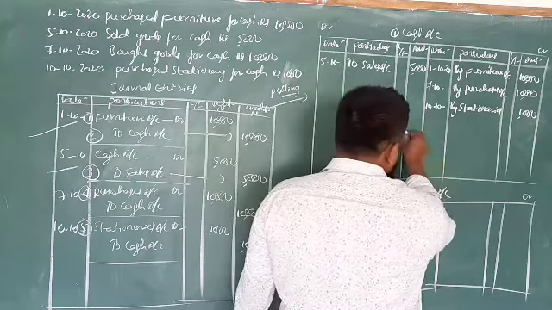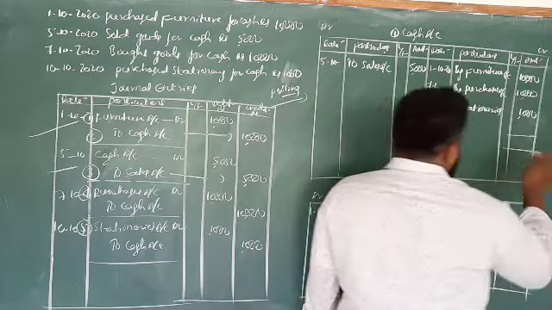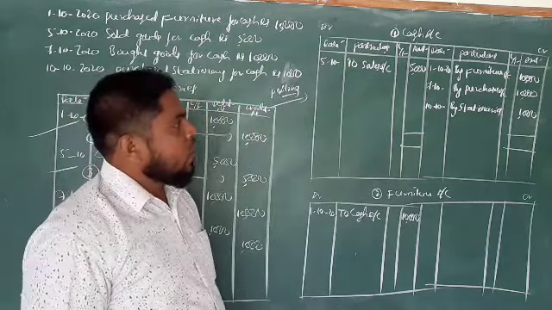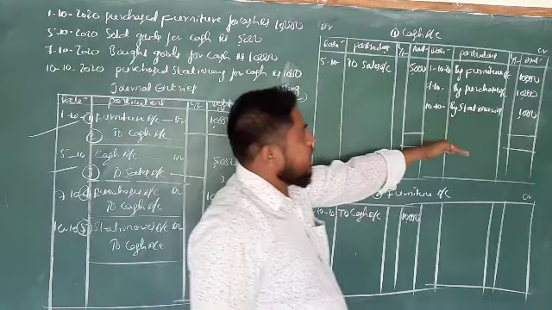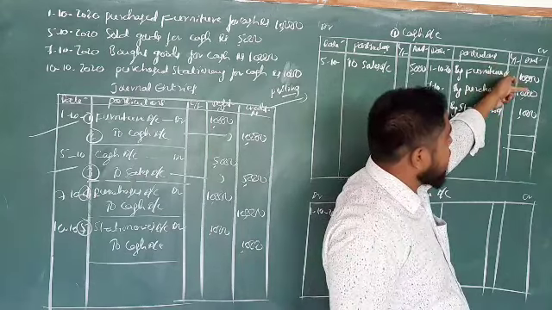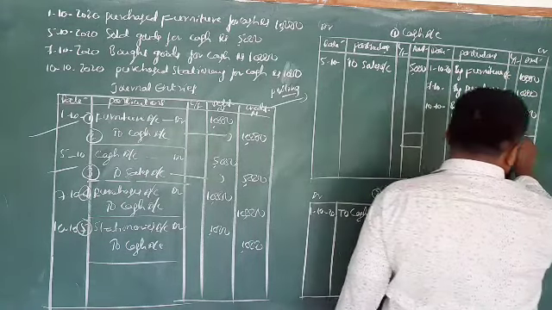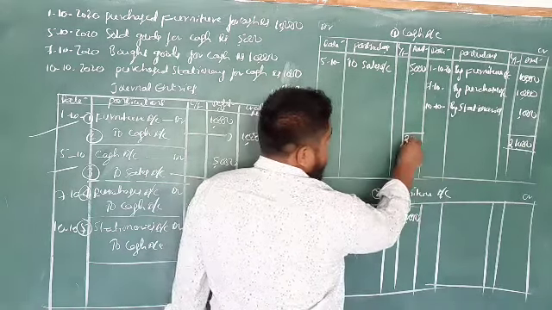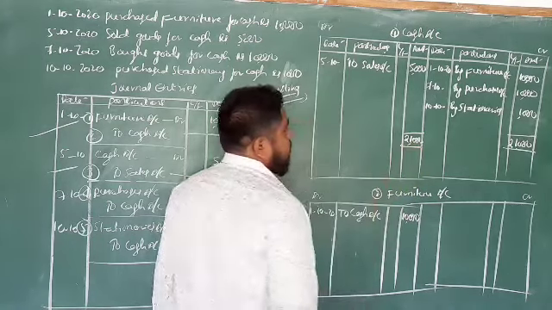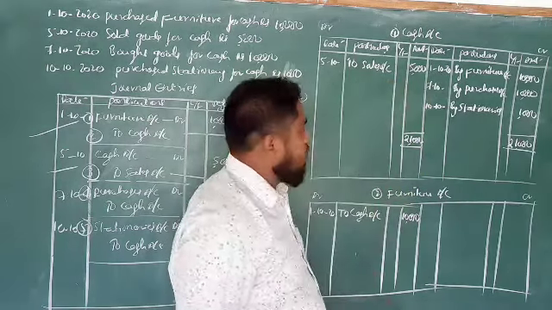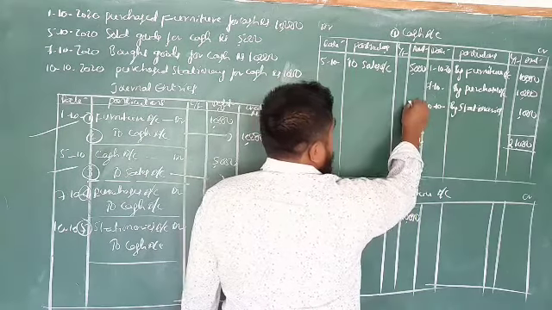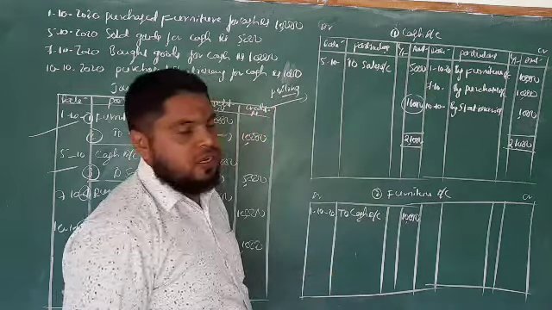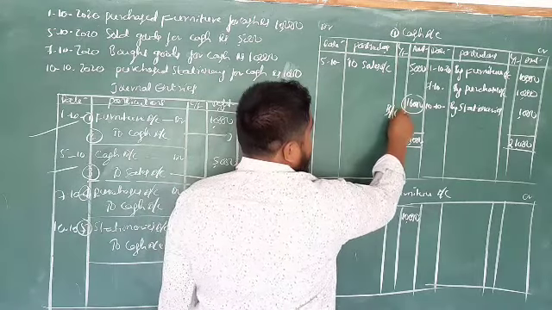Now, balancing, you compare both the sides. So, here in cash account, if we compare debit and credit, the highest amount is credit here. That is 10,000 plus 10,000 plus 1,000, 21,000. So write down the same amount, 21,000. Take 21,000. If you minus 5,000, we will get 16,000. So this is the balancing figure. This we can call a balancing figure.